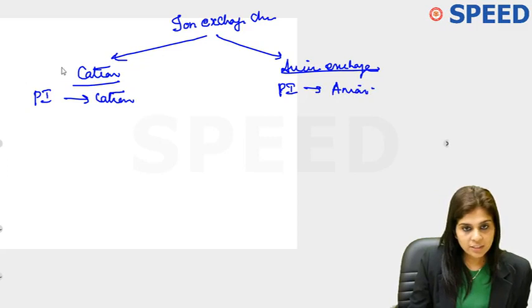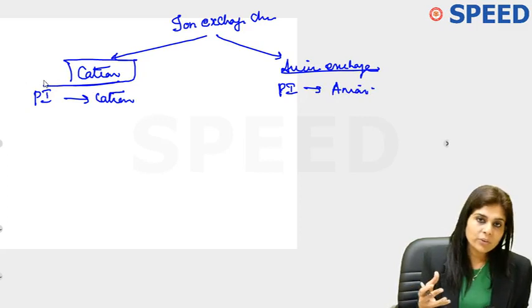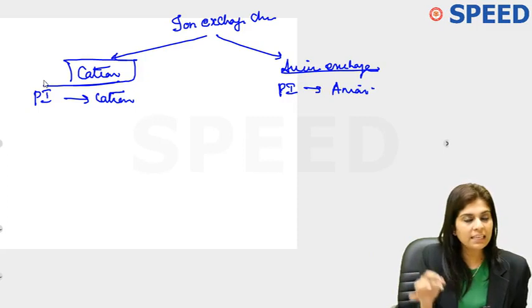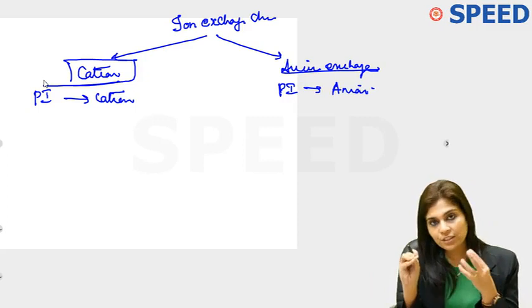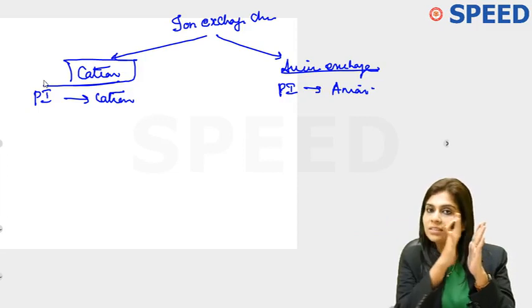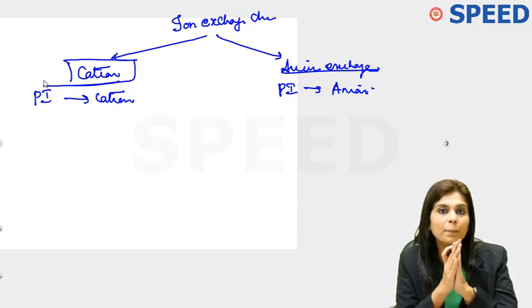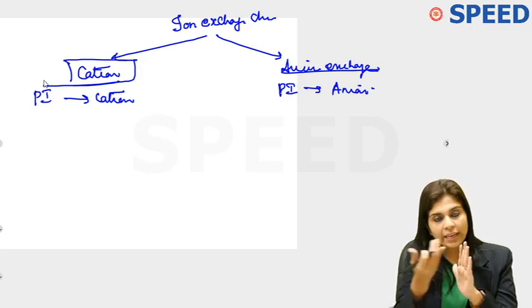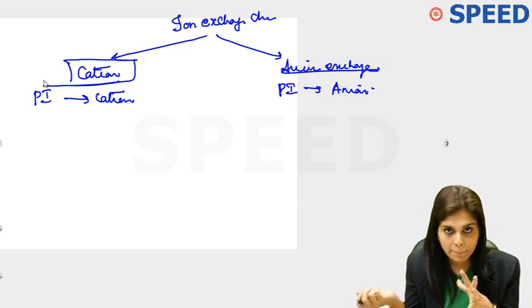Now in cation exchange chromatography, the basic concept is, or in any chromatography for that matter, not just cation exchange or anion exchange or size exclusion, whatever type it is, the basic concept is that anything which is of interest to you, anything which you want, will be first retarded onto the stationary phase, so that anything which you don't want, which you consider as impurities, comes down faster. So after you have removed all impurities, you get back what you want from the stationary phase by a technique called elution. Do you understand this?